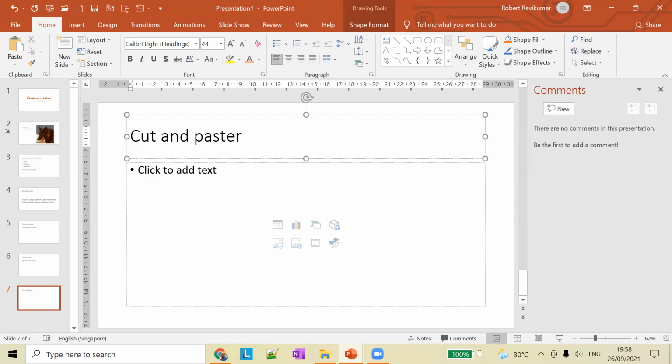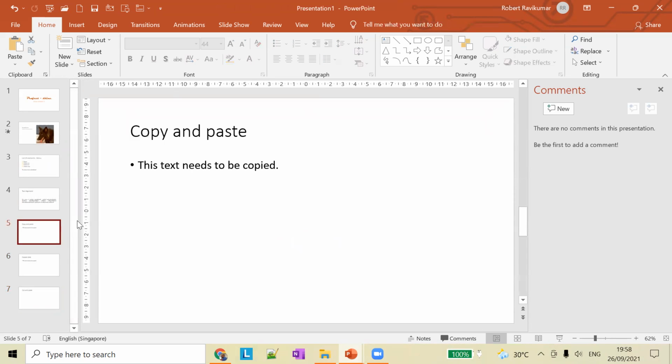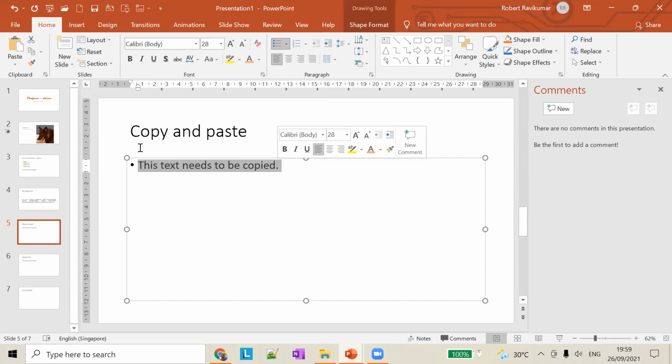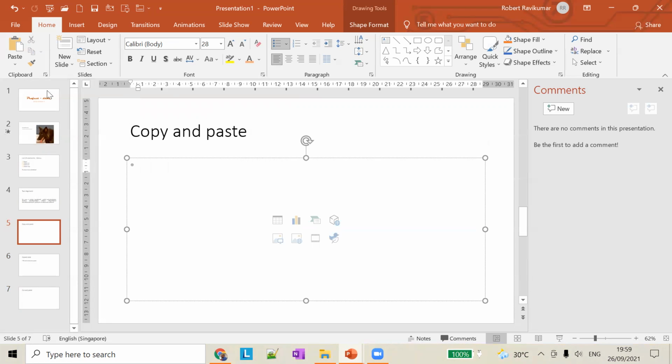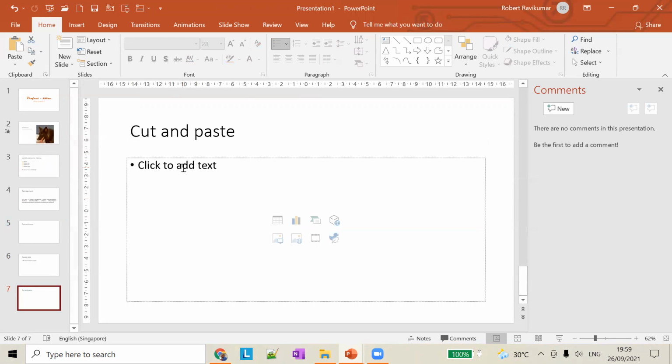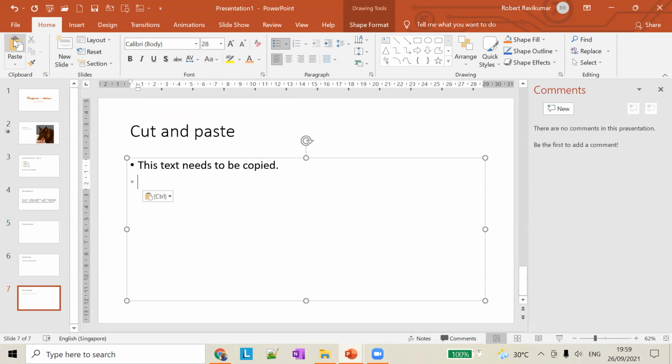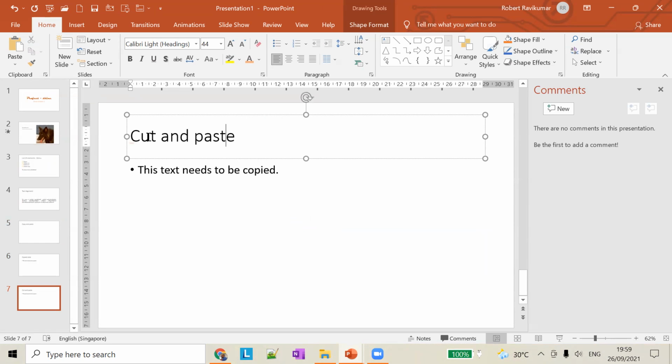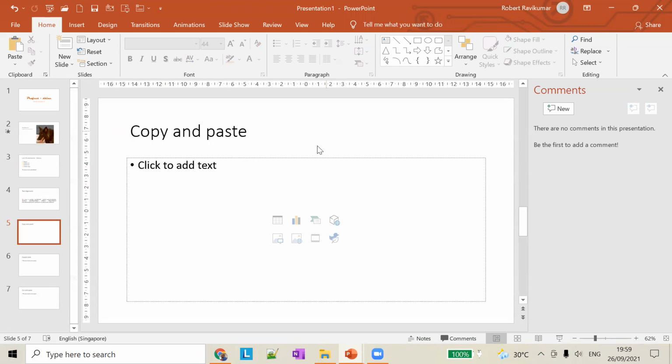Now let's say you want to cut and paste. I'll go to the copy and paste section here, choose the menu, and click the scissors button. Once you click the scissors button, the text will be deleted here. You can see it's gone, but it will be part of the clipboard, and once you click on paste, the text will be added here. So we have cut and pasted into the new slide, but in the original slide the text is gone. This is the difference between copy and paste, and cut and paste.